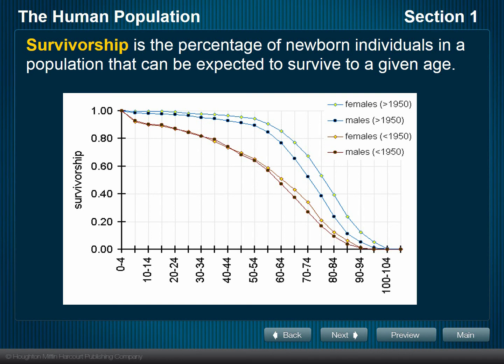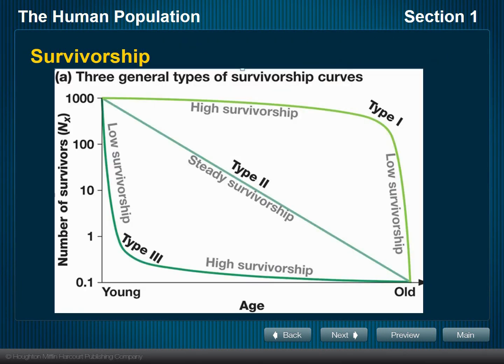Survivorship is the percentage of newborn individuals in a population that can be expected to survive to a given age. It is used as another way to predict population trends. To predict survivorship, demographers study a group of people born at the same time and note when each member of the group dies. The results of these studies are then plotted on a graph and might look like the graph